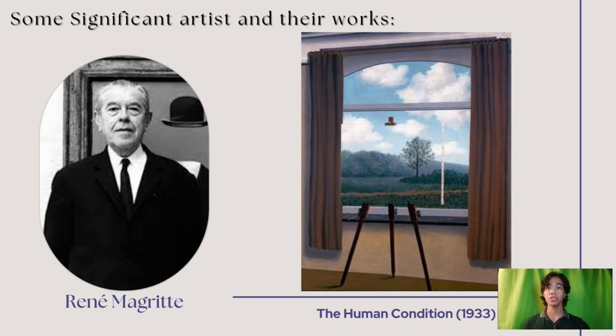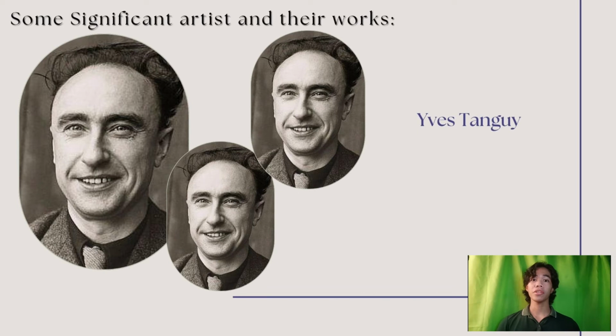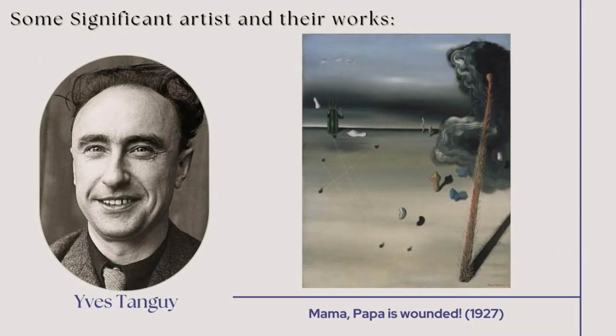The Human Condition shows a canvas in front of a window with curtains folded, and on the easel is a perfect replica of the scene behind the canvas, making it blend in with the scenery and not just a perspective copy. And the last artist on our list is named Yves Tanguy, and one of his famous artworks is called